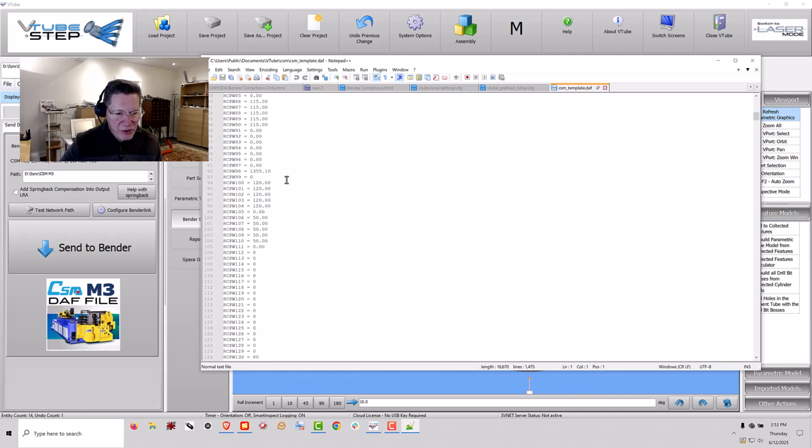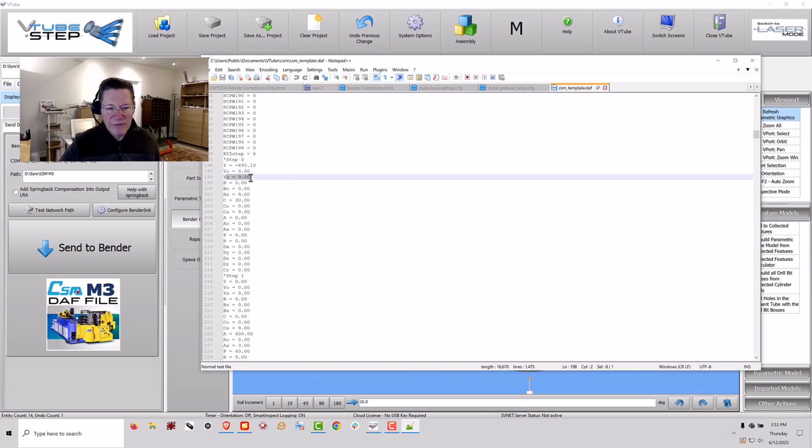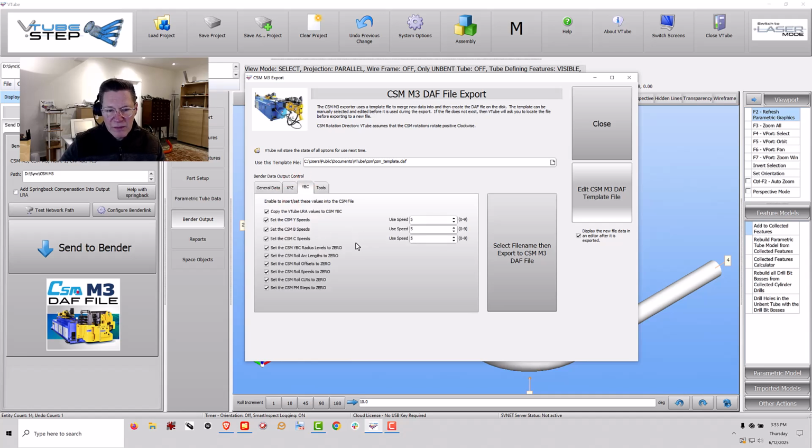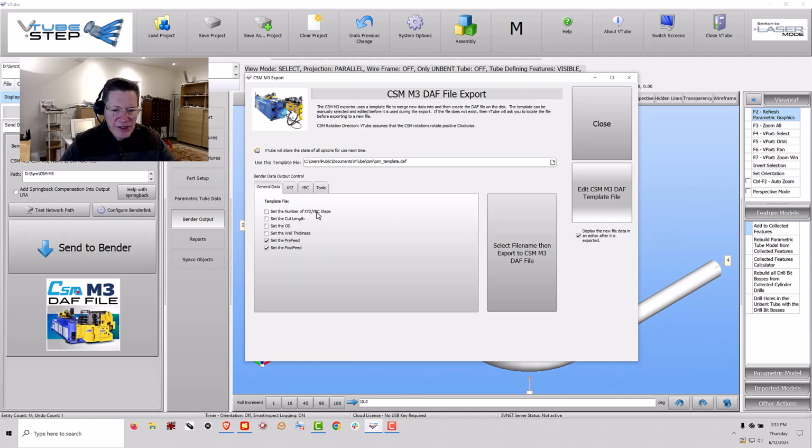And I'm just going to show you that the defaults here may not be appropriate for you. For example, the speeds are all set to the full speed of 9. And in some cases, you'll want to reduce those for safety. So you can do that using the components below, in these tab menus. For example, you can set the Y and the B and the C speeds to something lower in all of the columns. So for general data, there is a case in some situations where we don't want to set